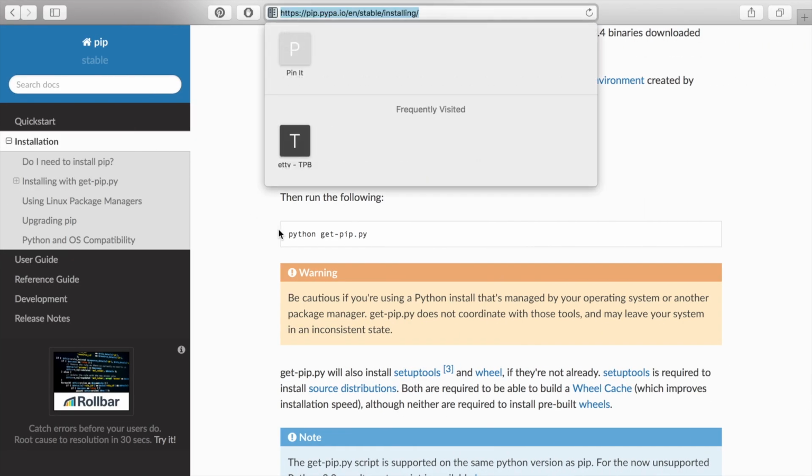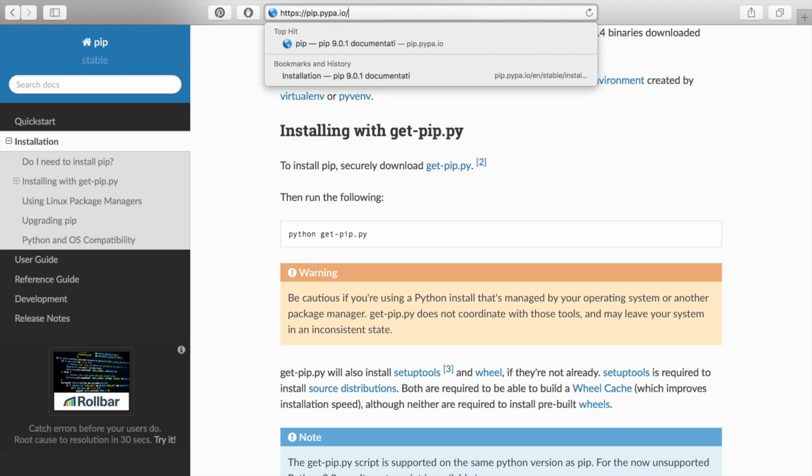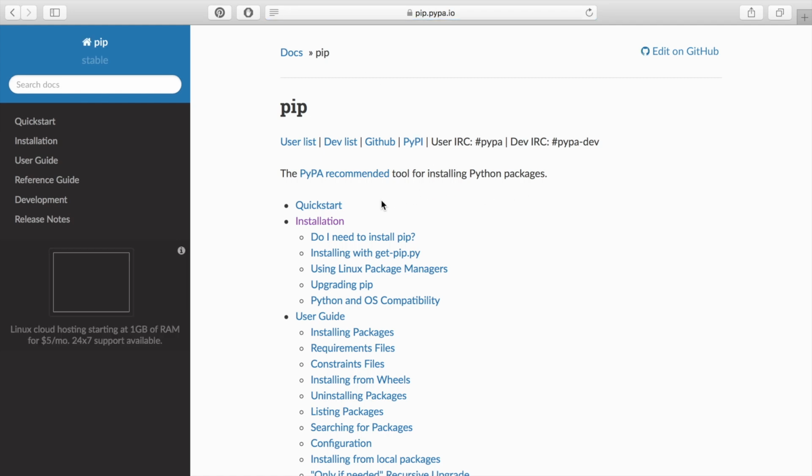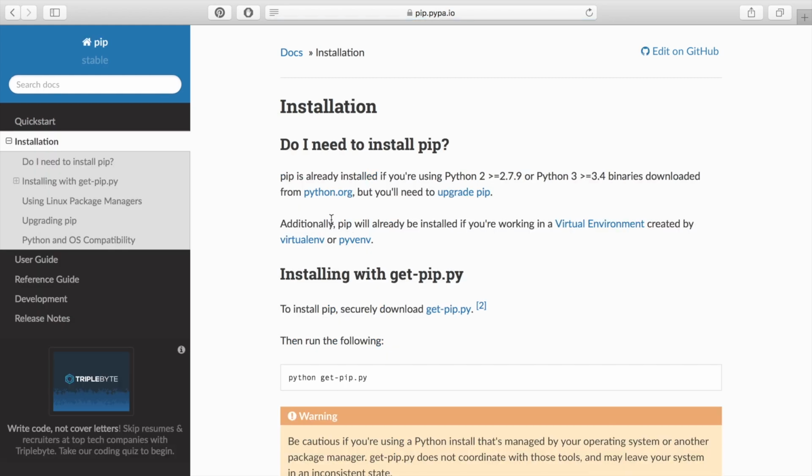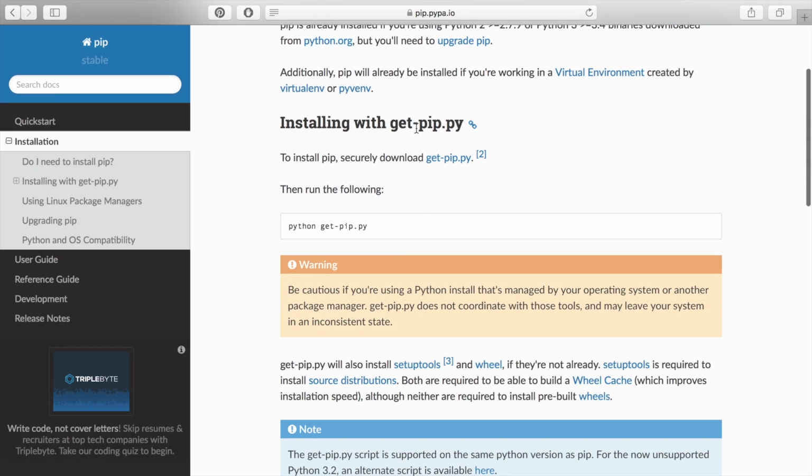So up here we can see that we have our site pip.pypa.io. So if you go to that address, we'll take the tail off here, then we can see this installation link. So all you have to do is click that, and we can see installing with get-pip.py. So all we need pretty much is this line right here, and we'll download using this link,